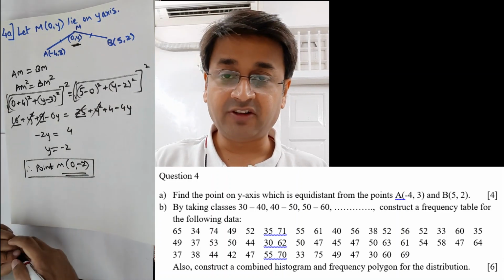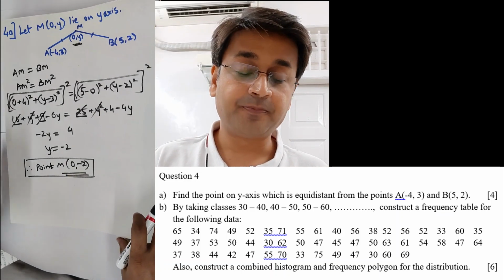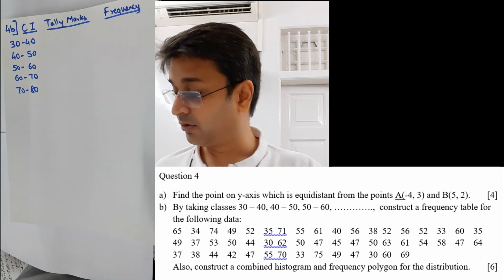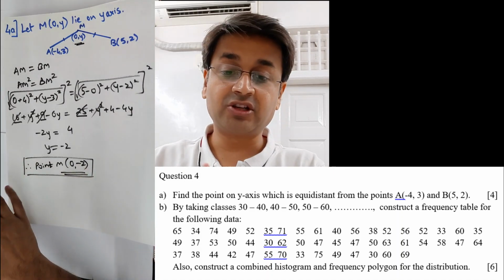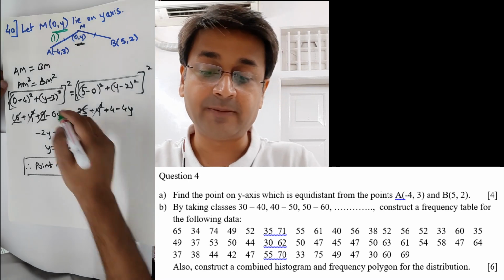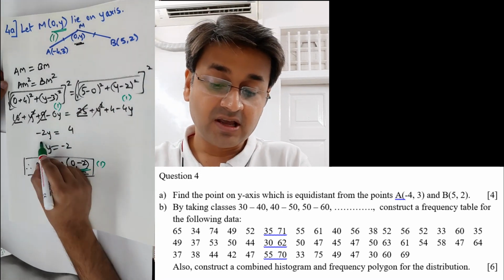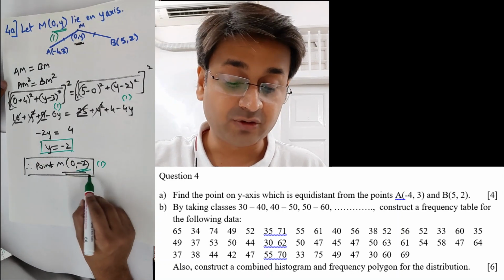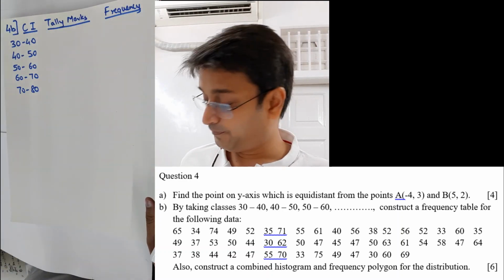Yeah, these sums are not tough, but you need to be very conscious, very focused, because one small error and your entire sum can be taken for a toss. Let's go for the next one. 4b. Oh sorry, mark distribution, 4 mark question. So first 1 mark when you have found that it lies on y-axis, so 0, y. 1 mark for the LHS, 1 mark for the RHS, 1 mark for this. If you reach here and you left it here, this 1 mark will be deducted, because you have to write the final answer, remember that, otherwise you will lose 1 mark straight away.